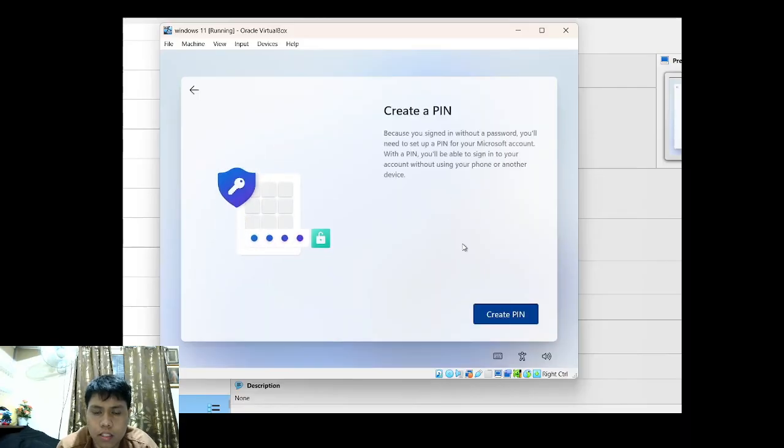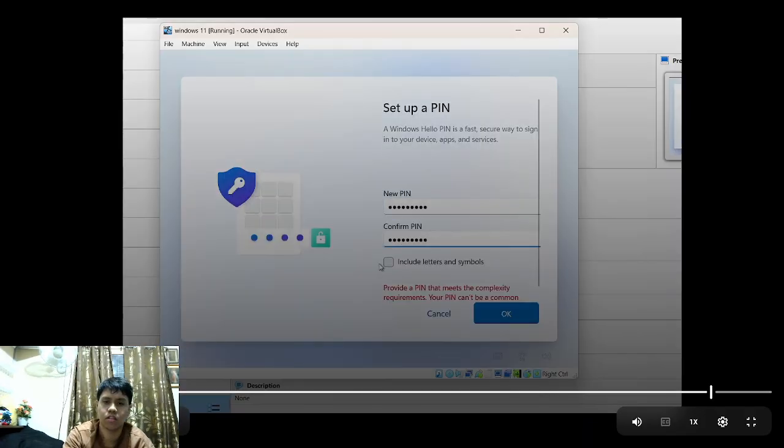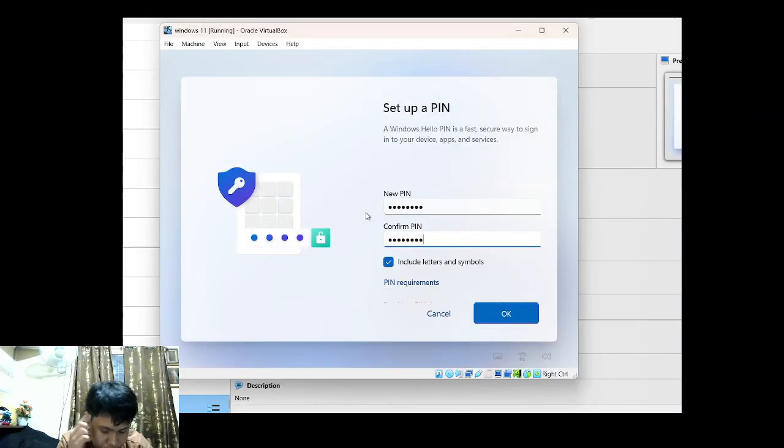Create a PIN. New PIN, for faster security sign-in. Letters and symbols. It's so hard to think of a PIN here because you need letters and symbols.